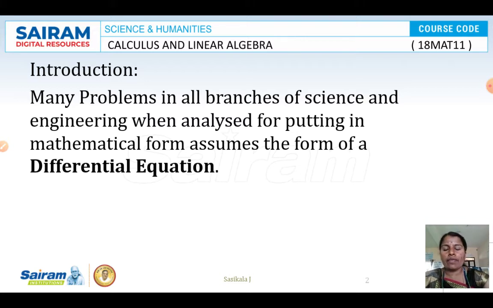When you want to do differentiation of a function which has one independent variable and one dependent variable, then you can find the derivatives, and the equations in terms of any differentiation notation. That means an equation involving the derivative we will call a differential equation. So we'll see the introduction.